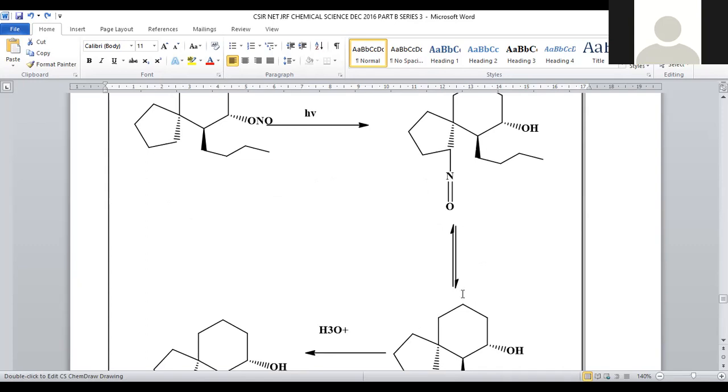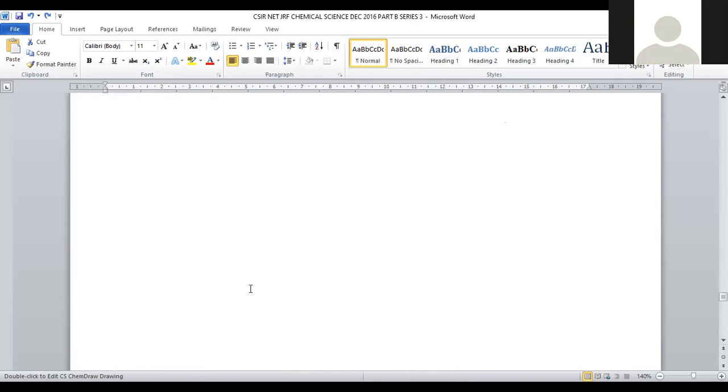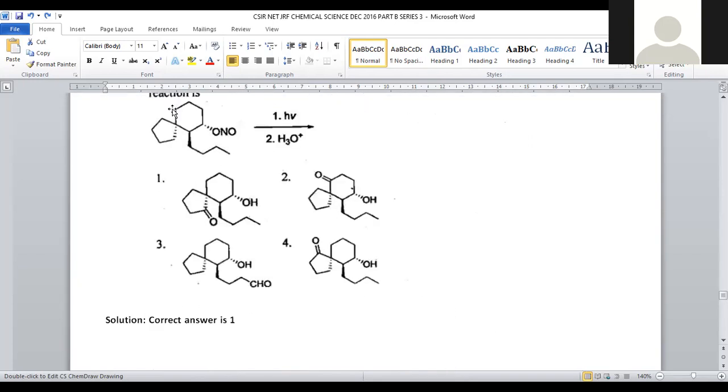Now there is a keto-enol tautomerism. This is a ketonic functional group, and we can convert it into enolic form. Enolic form is also possible here, because here also we have free hydrogens. After this enolic form, we subject it to hydrolysis. Water will be added so that this double bond will be cleaved. OH groups will be added, and it subsequently turns into a carbonylic functional group, now a double bond O. So the final product will be as shown in the option.